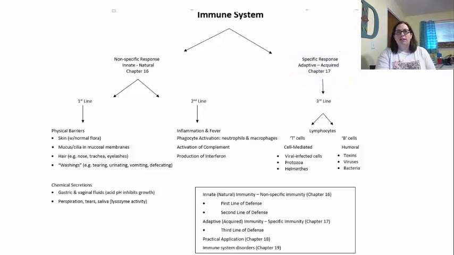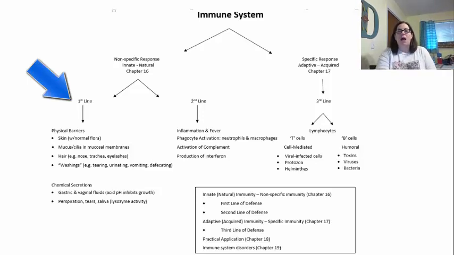So if we look back over here at the natural immunity, or what we call the innate immunity, this is going to have your first and second lines of defense. In your first line of defense, this includes all of your physical barriers. This will be like skin with your normal flora, your normal microbiota that's located on your skin, your mucus and cilia that are part of your mucosal membranes, your hair, which can be located in your nose, trachea, eyelashes, things like that, and also the process of washing. Washing is going to be the use of tears, urine, vomit, defecation. All of these are going to water down, or dilute, a pathogen and potentially get it removed